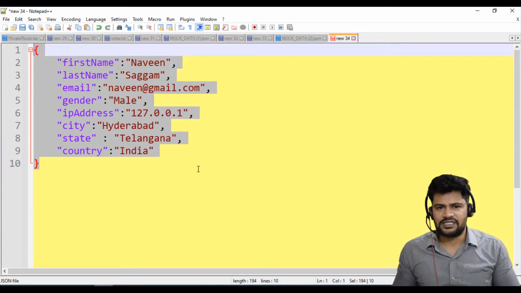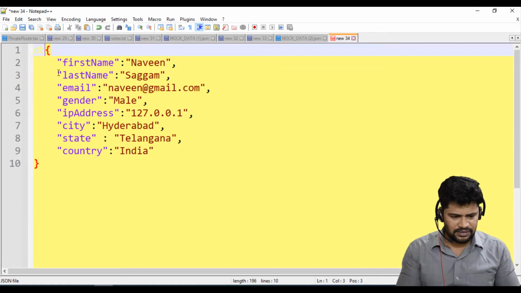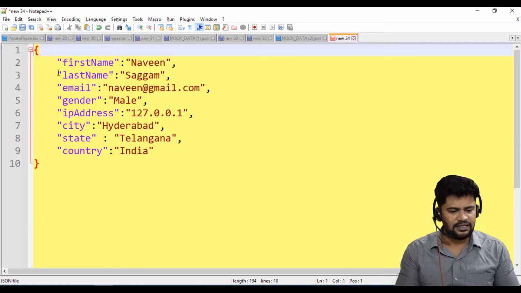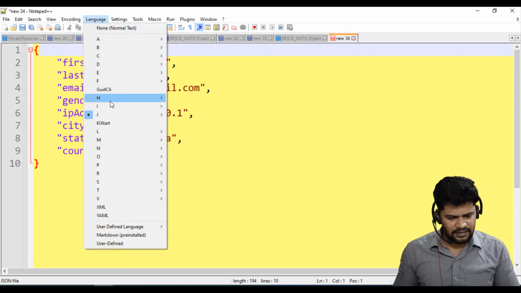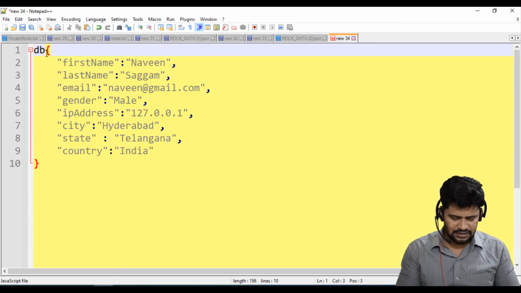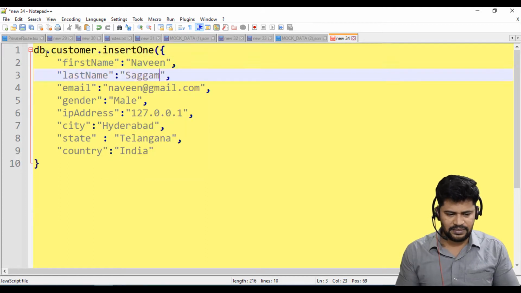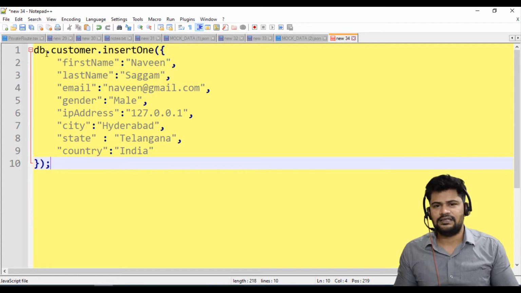So this I have to insert. How do you insert? The command is db. Oh, it's a color difference. Go to JavaScript. Yeah. So db dot customer, the table name, dot insertOne. Open the curly brace. This will be your object, and close the curly brace. That's all.